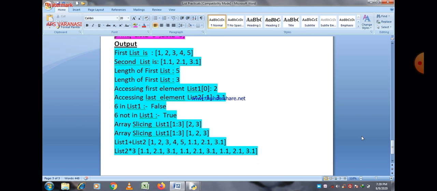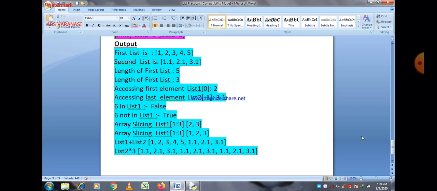and the length of the second list is 3. Now, because we just wrote the message "length of first list", there is a message length of first list. We have to type "length of second list" here, because we print the value of list 2 here. So always remember that whatever you type within double quotes in a print statement is printed as it is. So the length of the second list is actually 3,